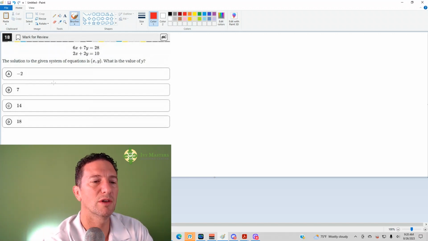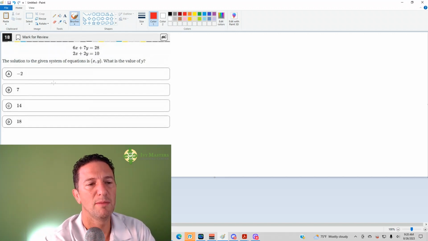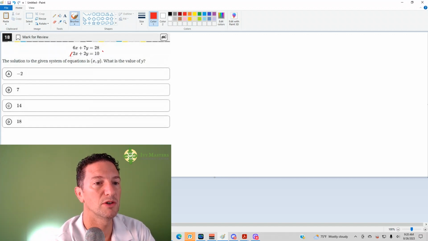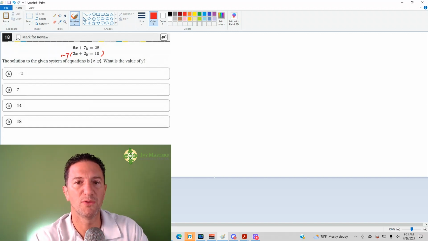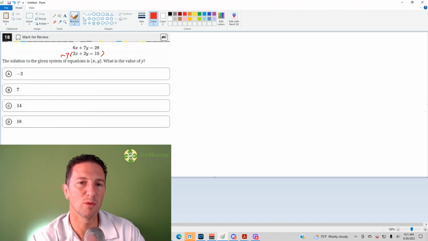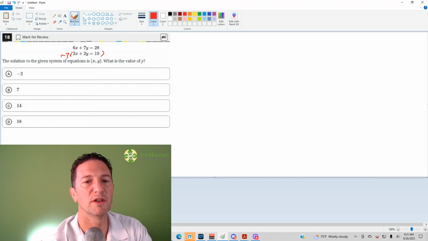And the third question you want to ask yourself is, which equation should I multiply by what? You can see that if you're eliminating the x and you've got a 6x, to eliminate, you need a -6x. So I'm going to multiply the bottom equation by -3. Now, if you were substituting, then the one you isolate is the one you eliminate, which is a different story. I'm going to rewrite the top equation here,